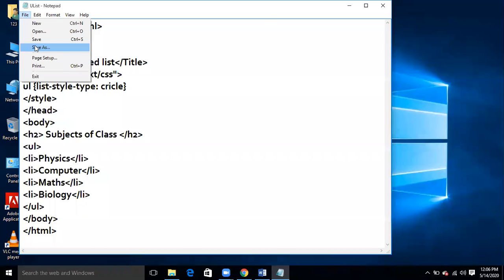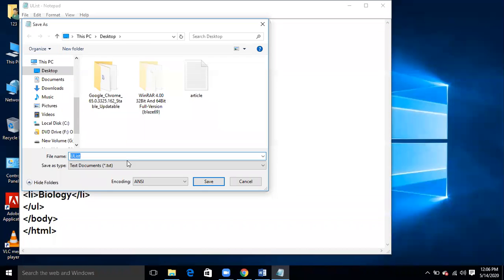In order to save the time, I have already typed the code with the name of class 8 lab1 page 63.html.